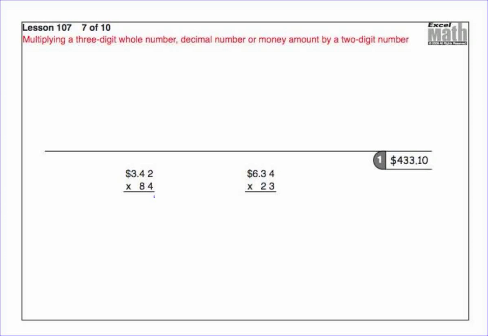Here we go. 2 times 4, that's 8. Check your work as I'm going through it. 4 times 4 is 16. Carry the 1. 3 times 4 is 12 plus 1 is 13. Put a 0 placeholder. Scribble out the old carry. 2 times 8 is 16. Carry the 1. 32. 33. Carry the 3. 3 times 8, 24, plus 3 is 27. Add them up, 8, 12, 7,